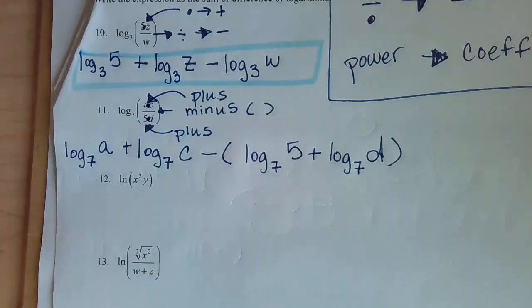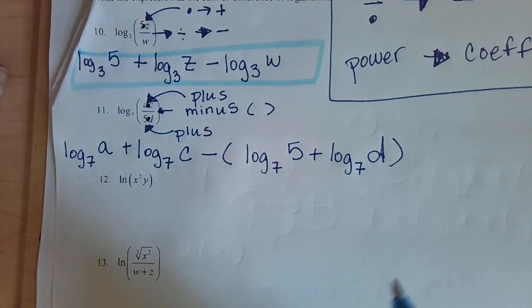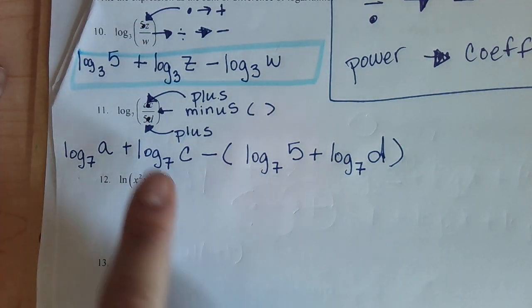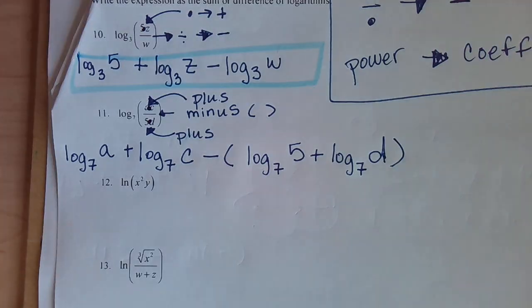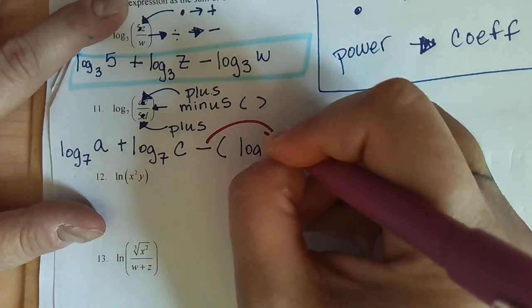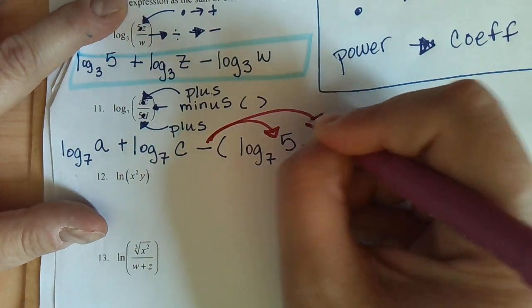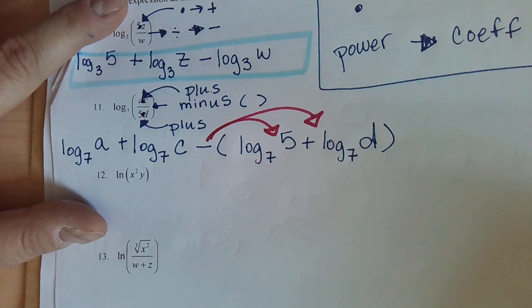And some of you are saying, now hold up. On the page before, you said that anything on the bottom gets minused. It does. Watch what happens. When I distribute this minus,